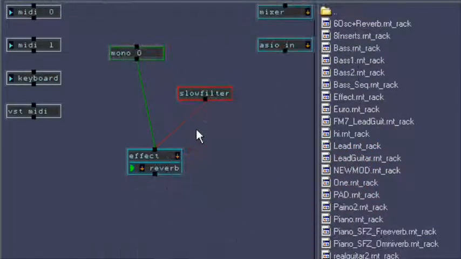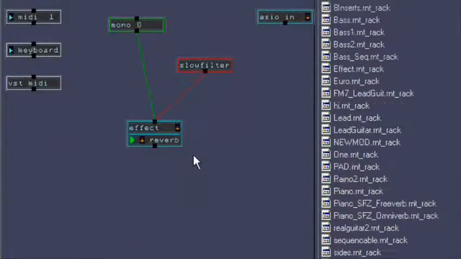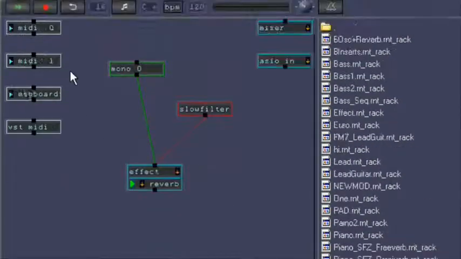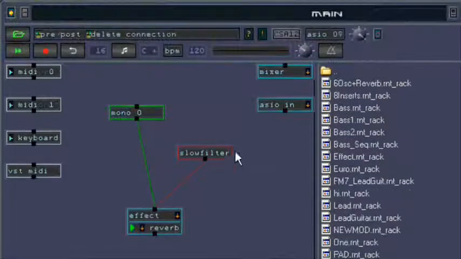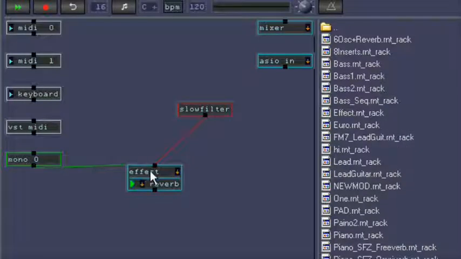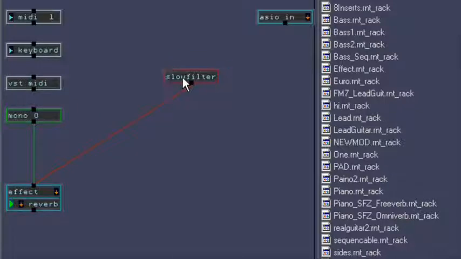Hi, this is where we left off. This was our effect. Let's hear it. Alright, let's move this out of the way. Next step is that we are going to add a lead instrument. For this we need a new mono panel,